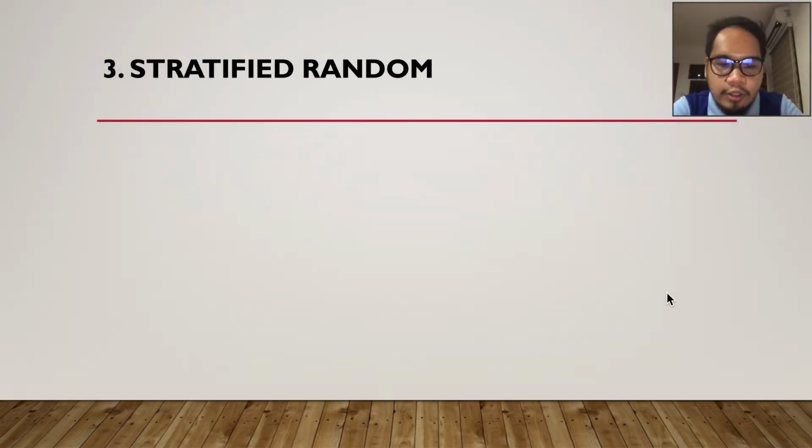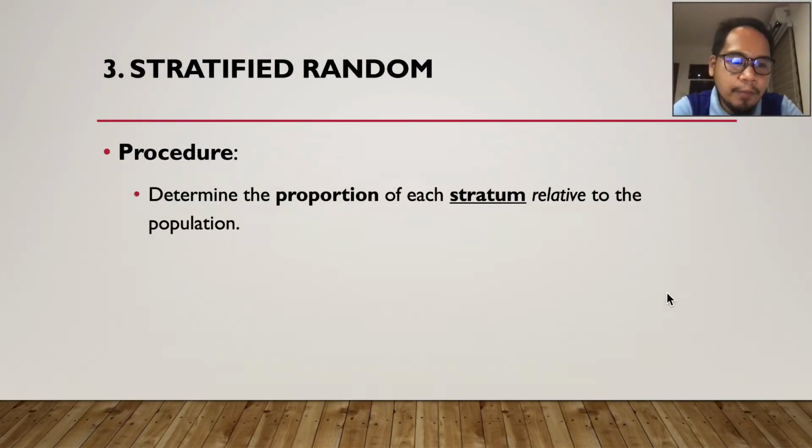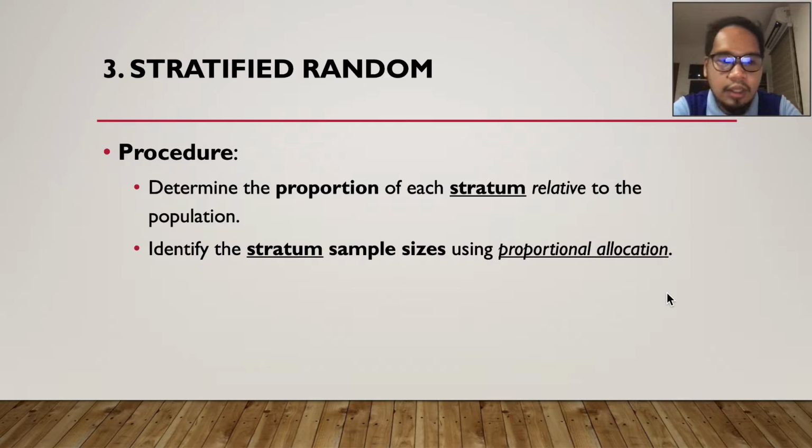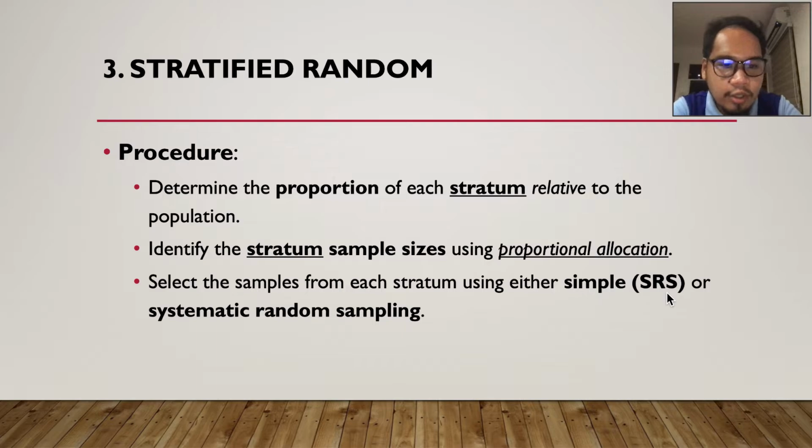And for stratified random sampling, this is our procedure. First, we need to determine the proportion for each stratum relative to the population. So we should have that information as well. For example, if you want to determine, say, grade 11, grade 12 students, you should know how many grade 11 there are, how many grade 12 there are, and how many they are in total. And then identify the stratum sample sizes by using the proportional allocation. We're going to do that in a while. And we're going to select samples from each stratum using,